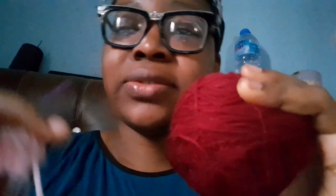Now I just wanted to create contrast, that's why I'm using it, you get. So maybe next time when I'm shopping for more wool, I'll be more conscious of the colors I'd like to use. I have a lot of wool actually, but most of it is pink, like pastel colors. And this type of thread is different in quality from the others, so I have a lot of different quality yarns hanging around. So I'm just attempting everything possible